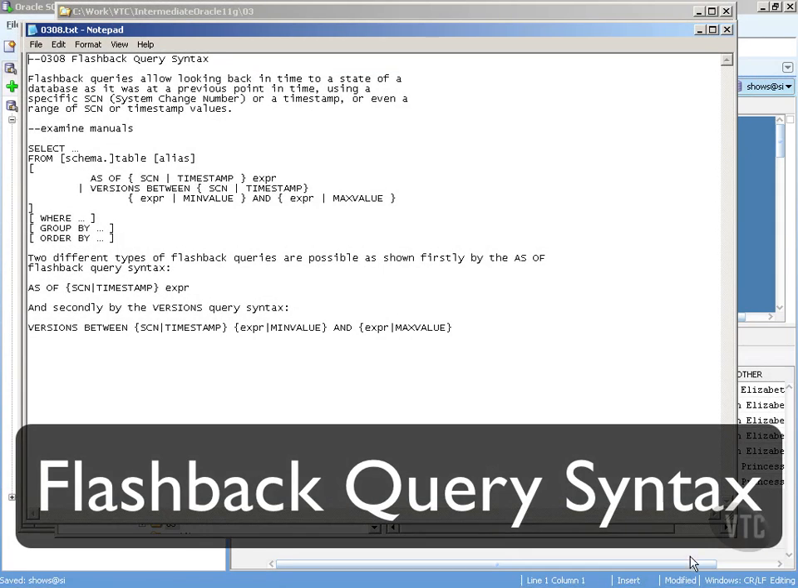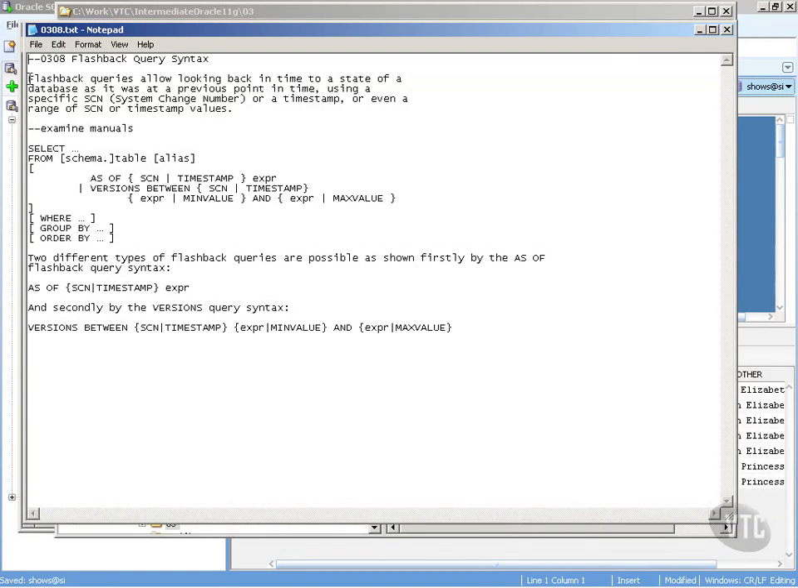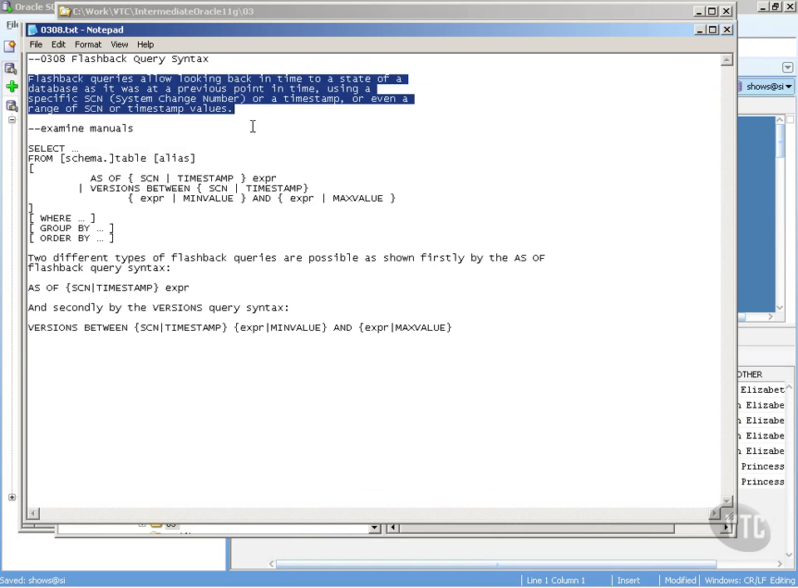So now let's go and look at flashback queries and flashback query syntax. A flashback query allows you to look at data backwards in time. In other words, a database is always at a consistent state at a point in time. 5 minutes ago the data was different. 5 minutes in the future it will be different again. You obviously can't look into the future because it hasn't happened yet, but you can look into the past in